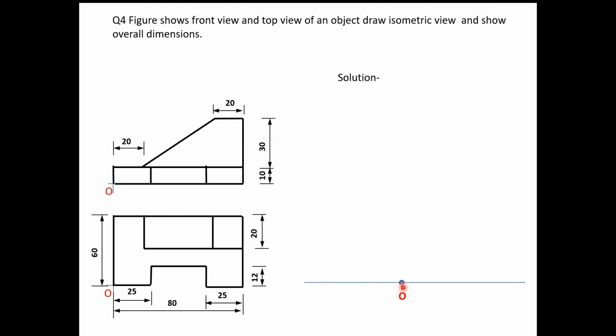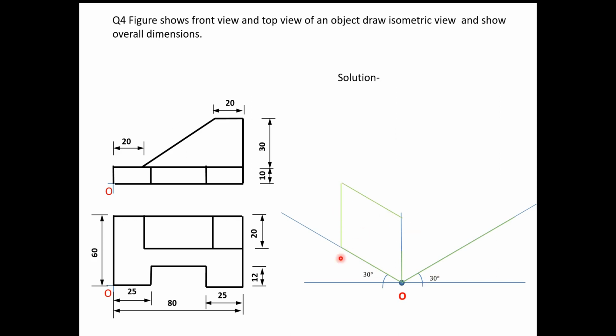Then on the origin, draw a 30-degree line on the right side, draw a vertical line and draw a 30-degree isometric line on the left side. So these are the isometric axes. Then draw the 80 by 40 by 60 isometric view. So I will mark the length, width and height. Height is here in this direction, so height is 40, this is width 60, and on the right side of the origin there is length, so we'll prepare this.